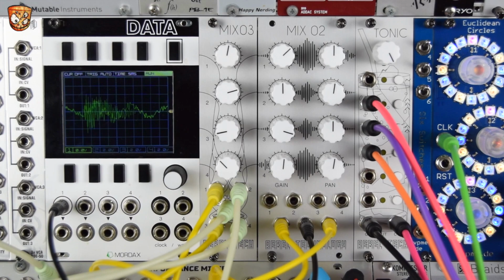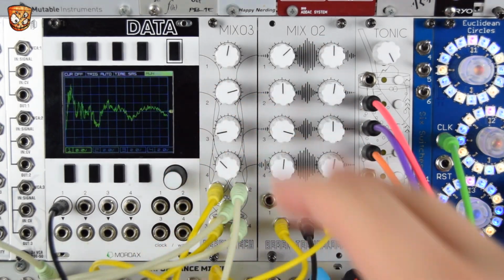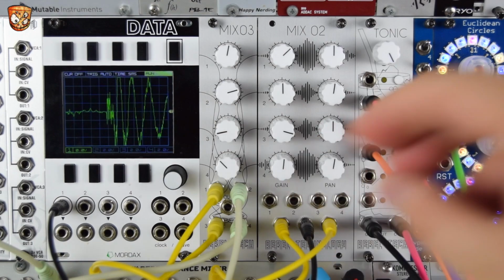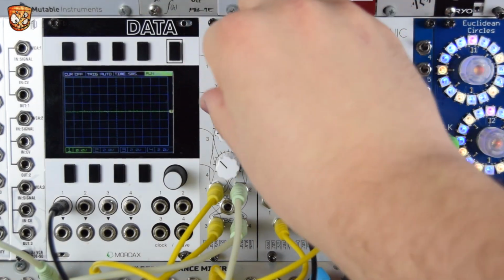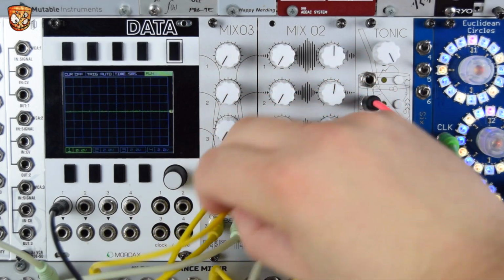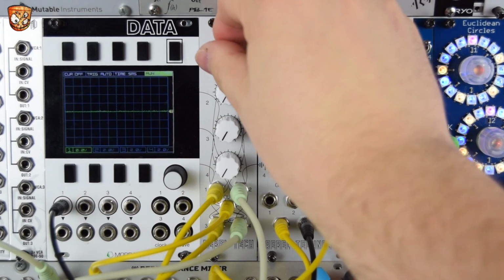So to kick things off, I thought, why not go with some frantic audio beats? I'm using the normaling function between the Mix 3 and the Mix 2. They're mixing audio, but let's just check out the Mix 3 first and what's actually coming into these mixers. Just turn everything down. And I'm going to remove my output and take the output of the Mix 3 straight into my interface. On the top channel,